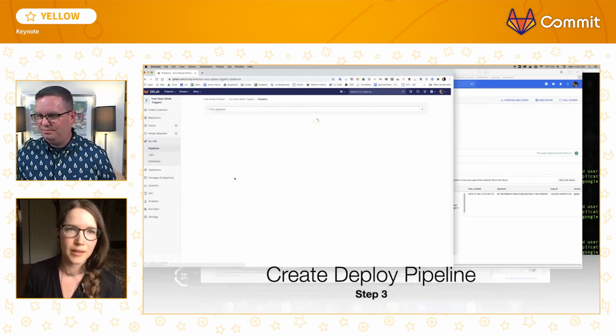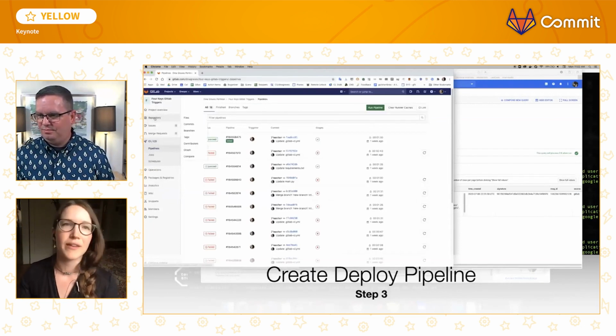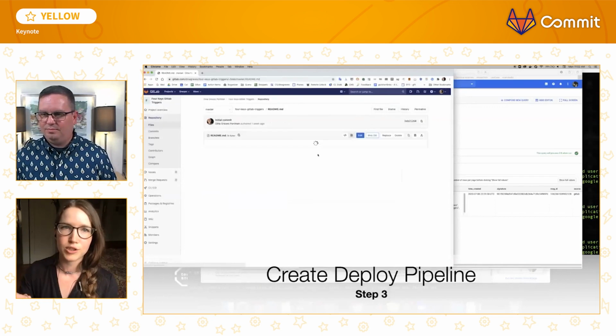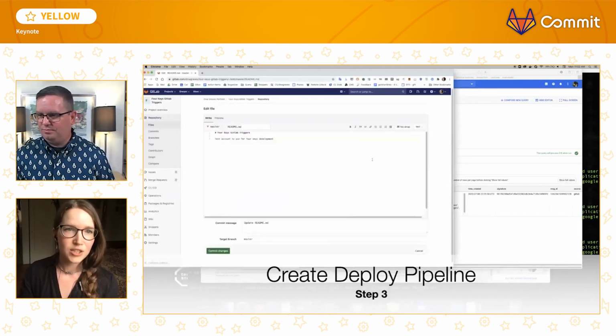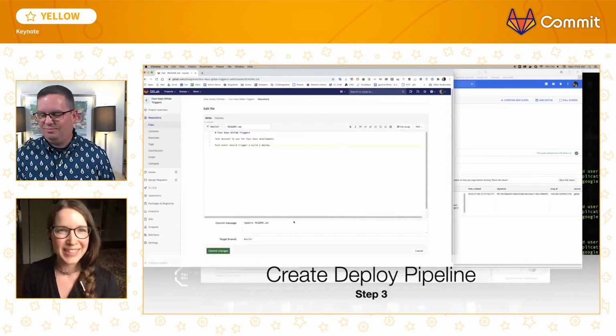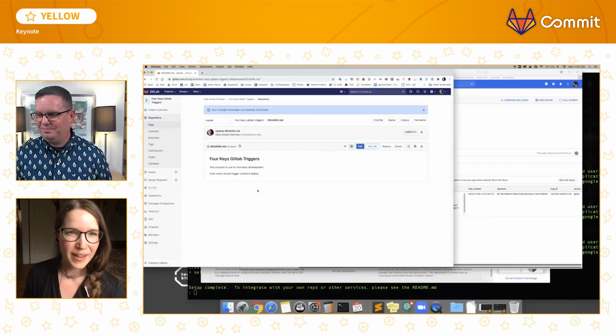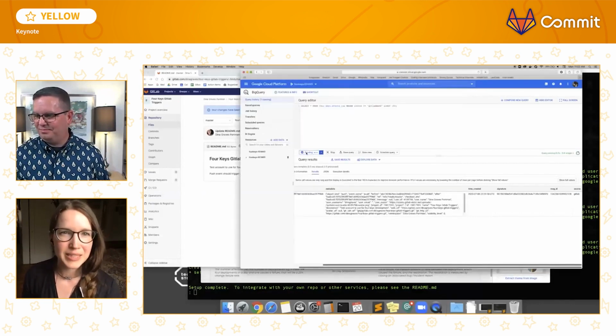I've already set up my service accounts and my permissions, and I have this pipeline, and it will trigger whenever I do a push to my default branch. So let's do a push directly to my default branch, which is not recommended, but we are going to do it so that we can see the data flowing through. It says, hey, your changes have been committed successfully.